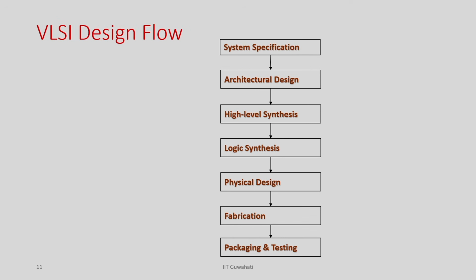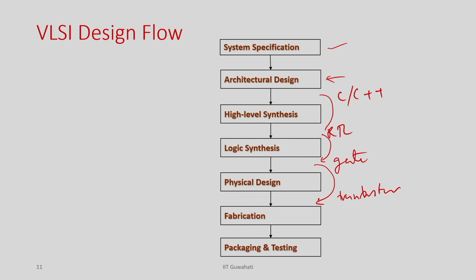So, here I just summarize this VLSI flow or the EDA flow like this. You have the specification, and then you write the architectural design, or a high level design, and then you do the high level synthesis and you get the RTL, right. So, this is your C, Python, and then from this you get the gate level design using logic synthesis, and then you do the physical design. This physical design will give you the transistor level design, and then you do the fabrication, right.